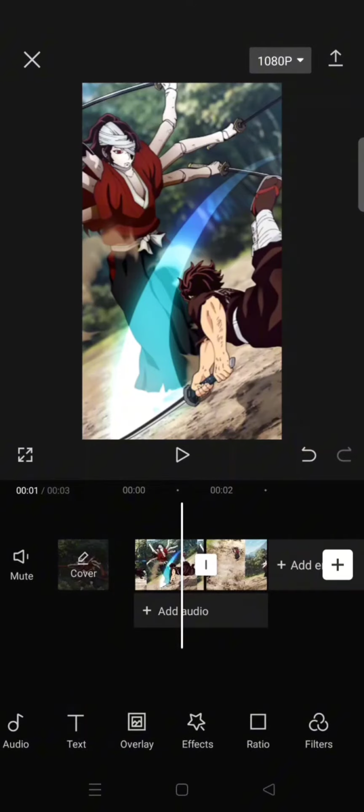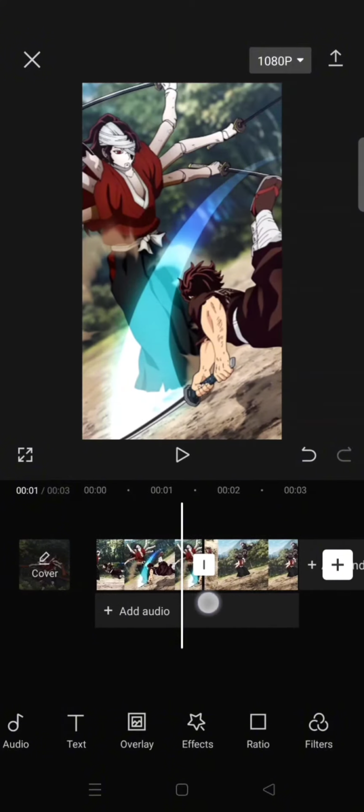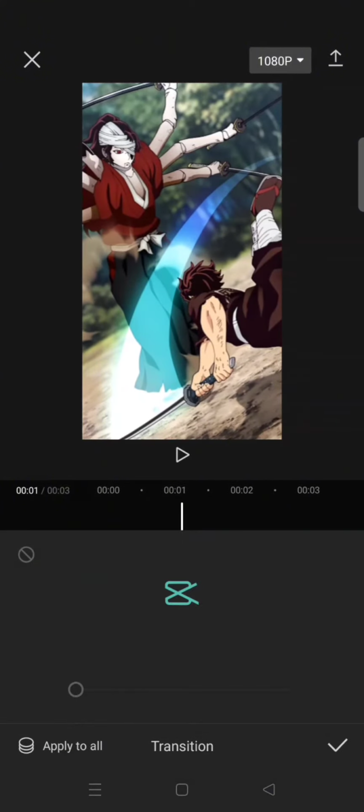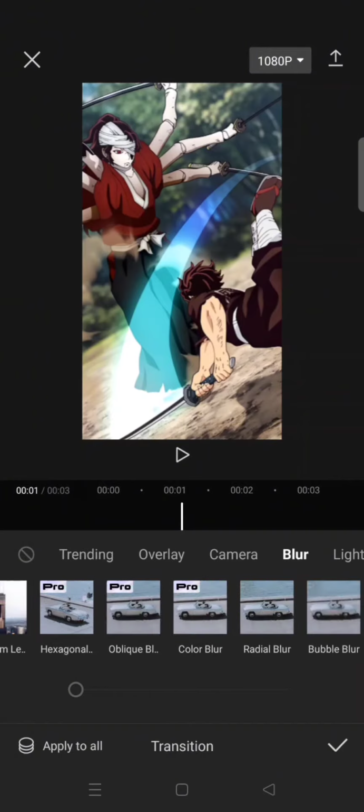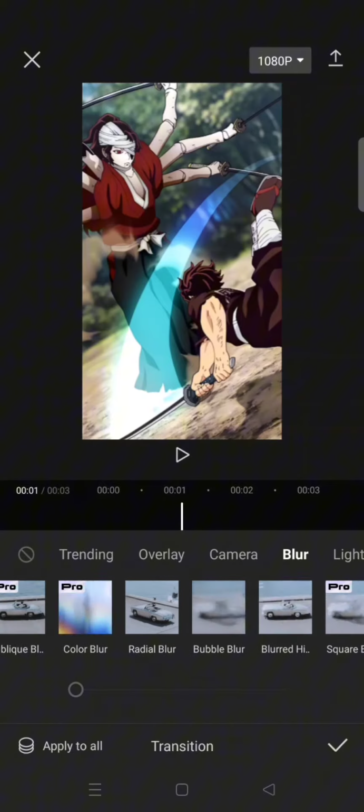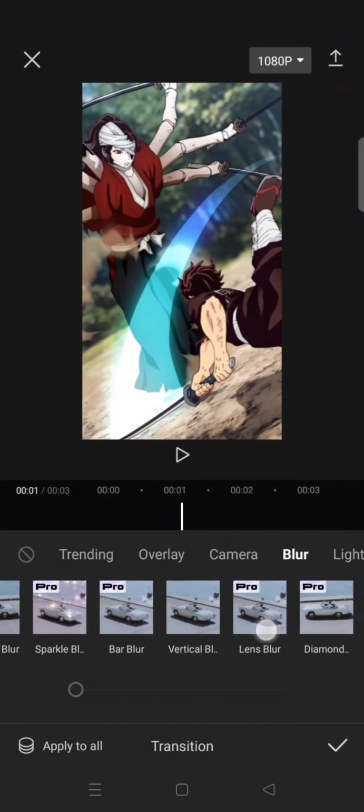On today's tutorial, I'm going to show you how to create this slanted blur with flash effect transitions to your edits in CapCut. So just add the clips that you want to edit, and first click on this transition box. Then go to the blur category and add the blur